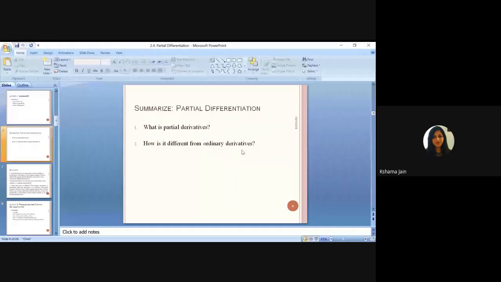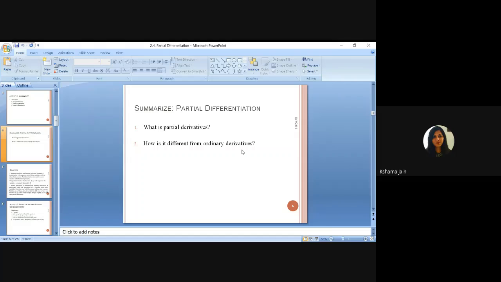See, first of all, you should be clear what is the normal differentiation derivative or what is the partial derivative. Suppose one is the dependent variable and another is the independent variable. So always you have studied that y is depending on x. So we can differentiate y easily with respect to x. That is called normal differentiation. But what if the dependent variable is one, but independent variables are more than one? Like z is depending on x and y. So here z is the dependent variable, but x and y are independent variables.